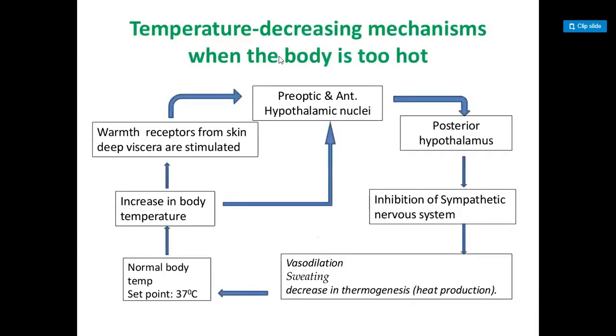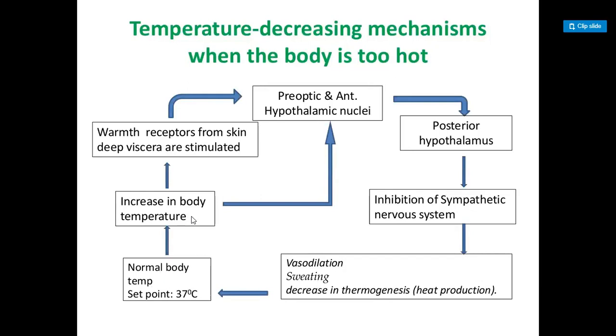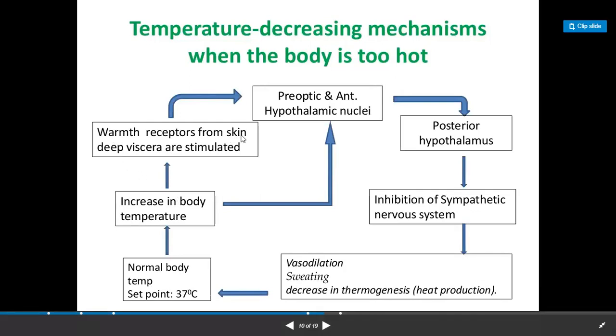Good. Now look at this diagram. So this is the temperature decreasing mechanism when the body is too hot. Now your body is too hot, we need to decrease the temperature. Here we have the normal body temperature, which is set at 37 degrees. There is an increase in body temperature, maybe because you are in the sun, or maybe you did exercise or something. Then warmth receptors from the skin and the deep viscera detect this temperature and are stimulated, and they send messages to the preoptic and anterior hypothalamic nuclei, and then these signals are sent to the posterior hypothalamus, and this posterior hypothalamus